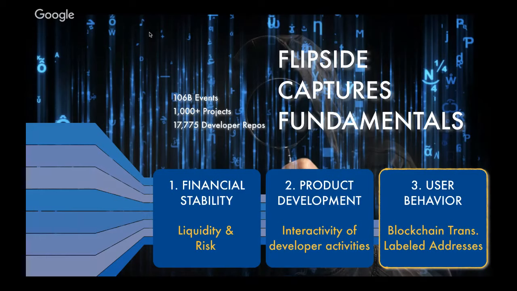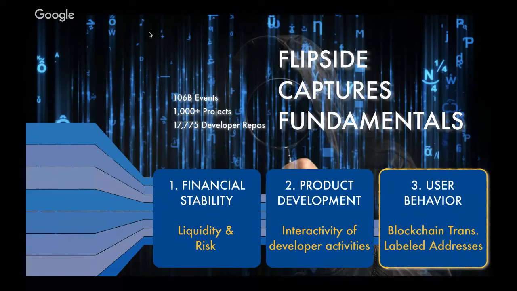We'll talk about those. And then user behavior, which is really the key to our metric, is focused on ingesting open blockchain transactions and smart contract movements. We label addresses based on behavior types, speculators or users as an example, and we use that to understand customer journeys within a specific crypto ecosystem.